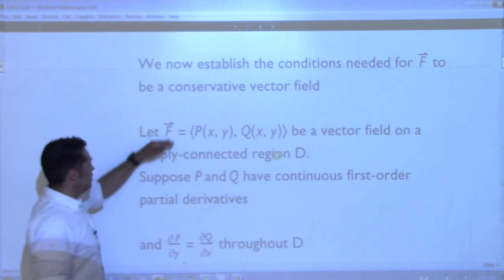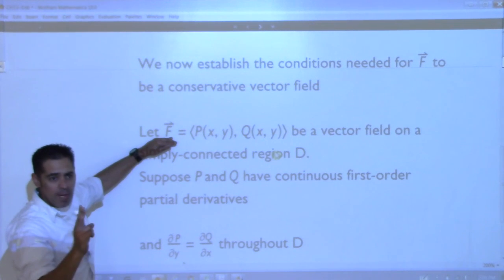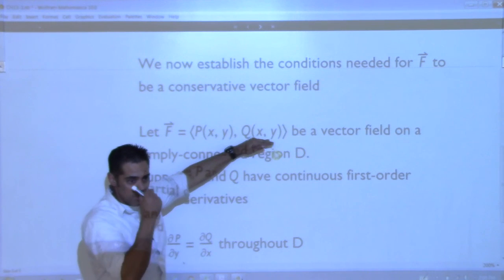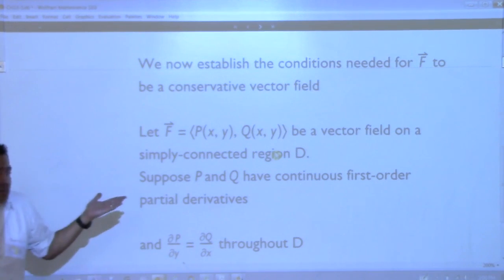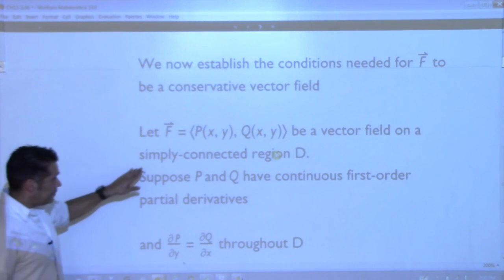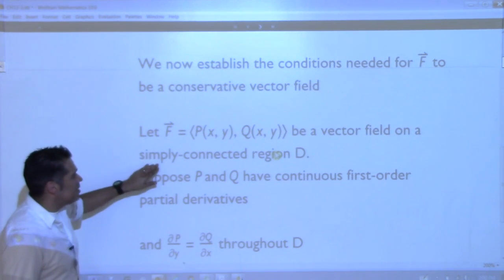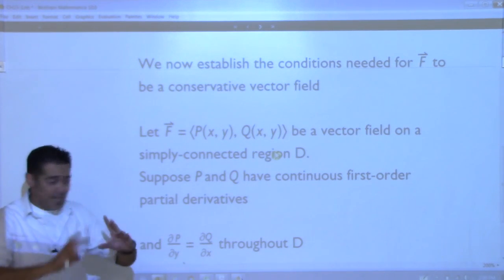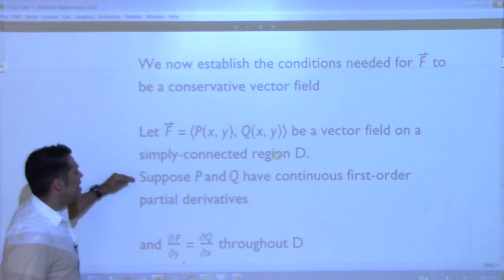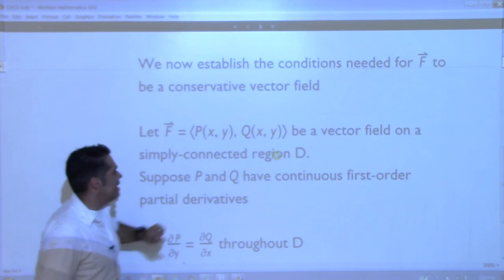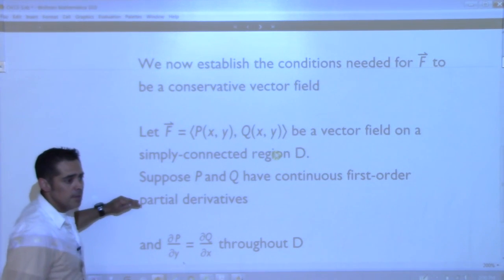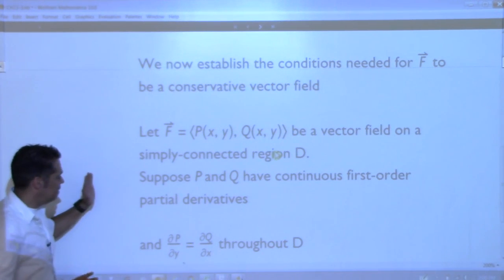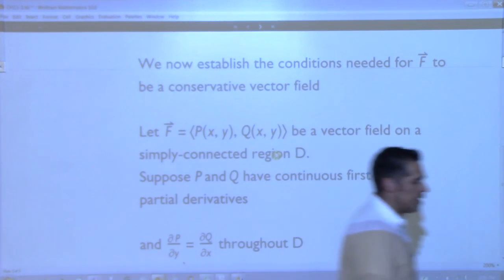Let's say we have a vector field, all right? It's a two-dimensional vector field. So we have the first component function and the second component function. So we say, okay, start off with a vector field. Is it conservative? All right, well, as long as this vector field is defined on a simply connected region, in other words, our region doesn't have any weird holes in it, and suppose that we can take the first order partial derivatives of both of these. So we can take the partial derivative of this, partial derivative of that. If that's all possible, then this is the condition we need to show